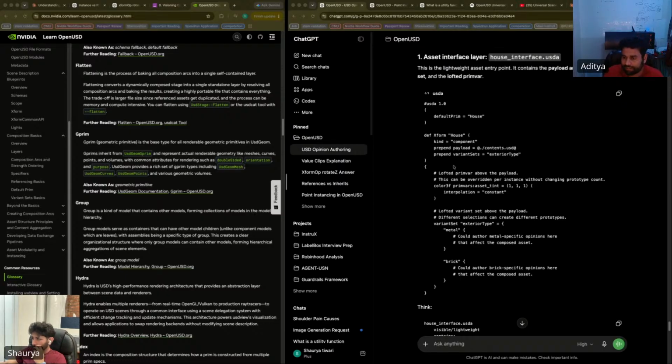Lofted primvar above the payload. This can be overridden per instance without changing prototype count. color3f primvar asset tint, interpolation constant.